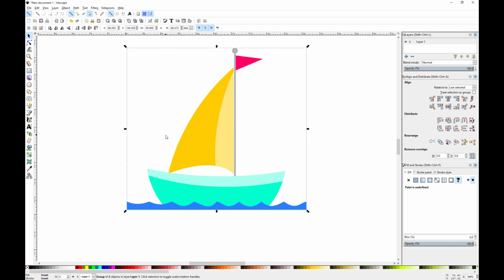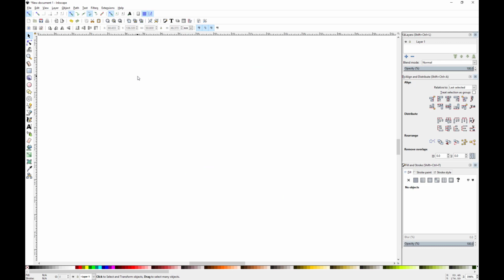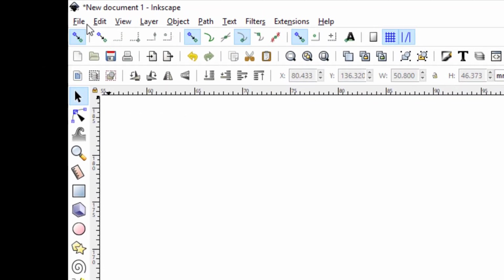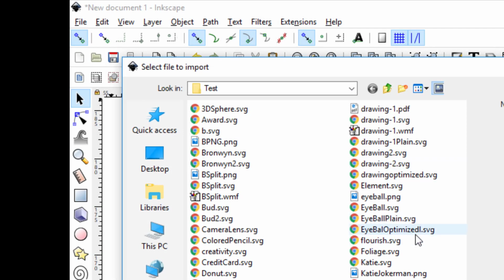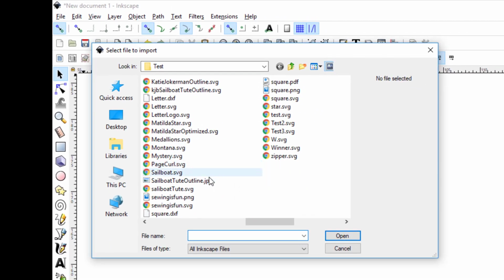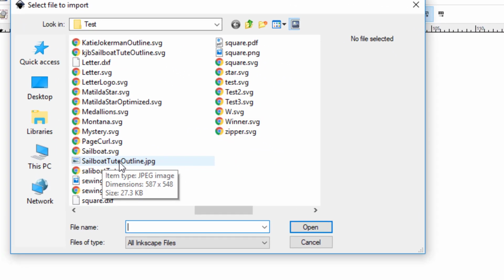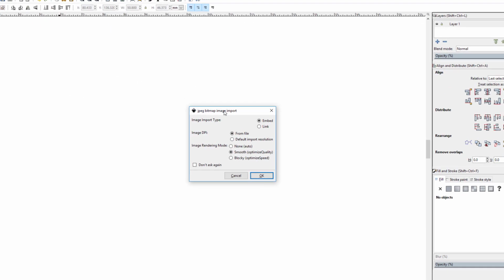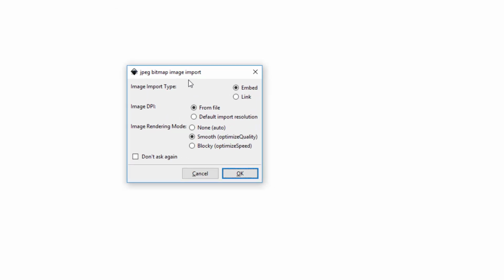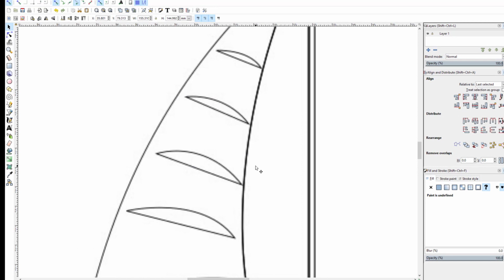So let me go ahead and delete this. You will see that I've attached a link for a download for a sailboat file that I did draw earlier. So I would like you to go to the File menu and select Import, and wherever you saved it, you're going to open up the sailboat outline.jpg. And then you will get a message that will pop up. It says do you want to import this JPEG, and I just want you to go ahead and take the defaults. You'll probably do that more often than not, so just take the defaults, and then it will load the JPEG